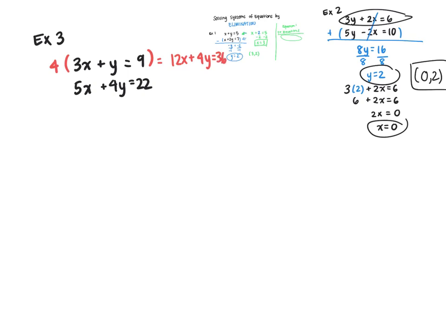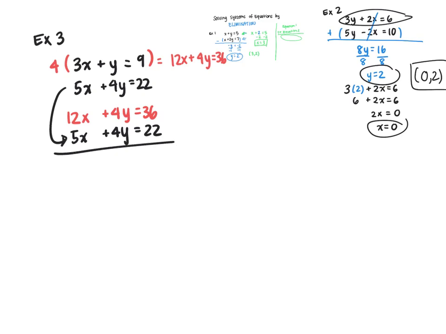Now, given that equation, 12x plus 4y equals 36, and we also have the original second equation, 5x plus 4y equals 22, we can